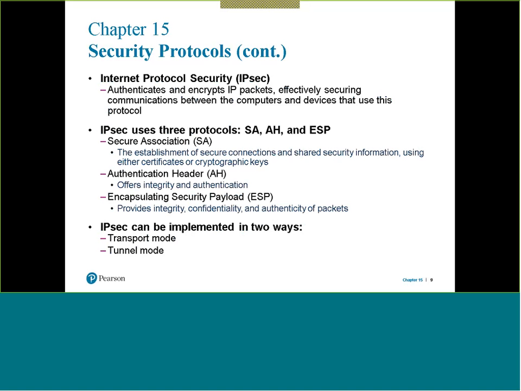IPsec has three pieces, an SA, an AH, and an ESP. The AH is the header. That is basically to check the authentication. And then again, the way it works is called encapsulation. And all you really need to know about encapsulation is that it is taking something and putting something around it. The way this works is we take IP traffic, IP packets, and we encapsulate them into our secure packet. They get transmitted out on the internet. They get to the other router. It pulls that encapsulation off and puts it on the network.